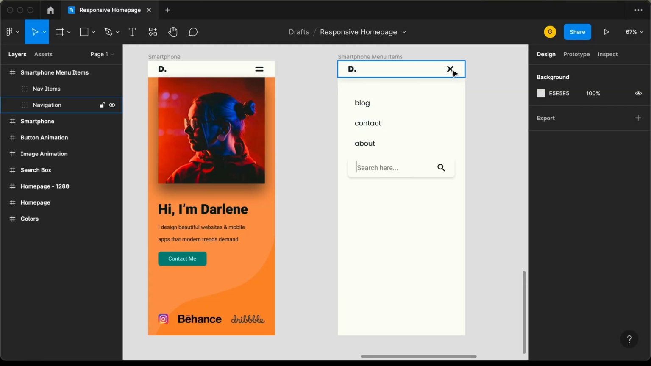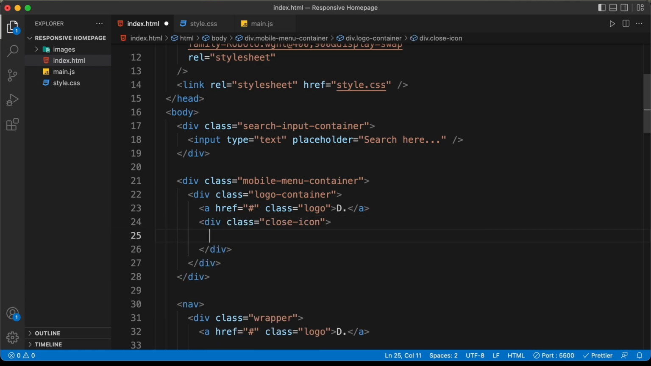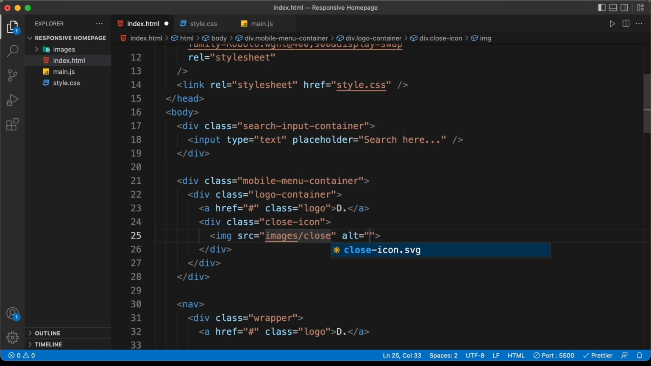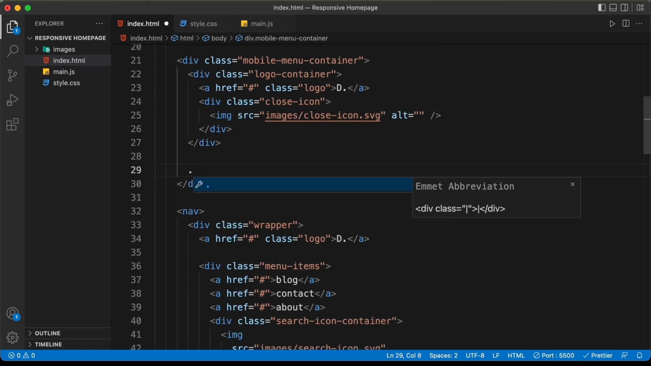And we also need to add this close icon. So let's create a division with the class of close icon, and in that let's create an img tag, and in the source I'll just type images/ and I have named it as closeicon.svg. Right now let's create these menu items. So let's go outside this logo container division, and let's create a division with the class of mobile menu items,